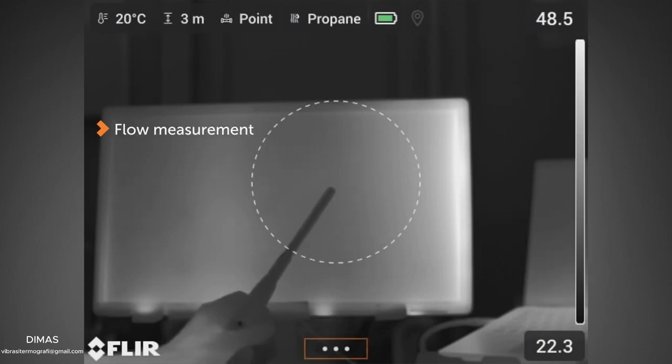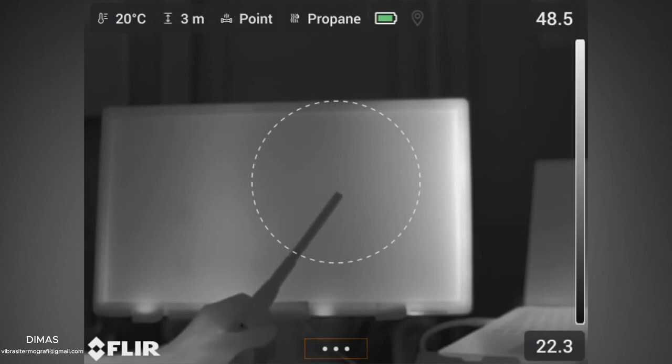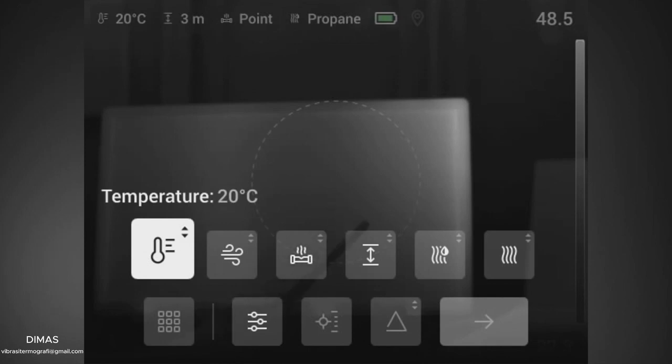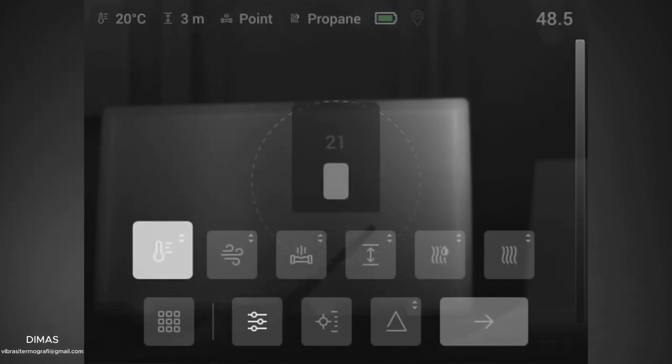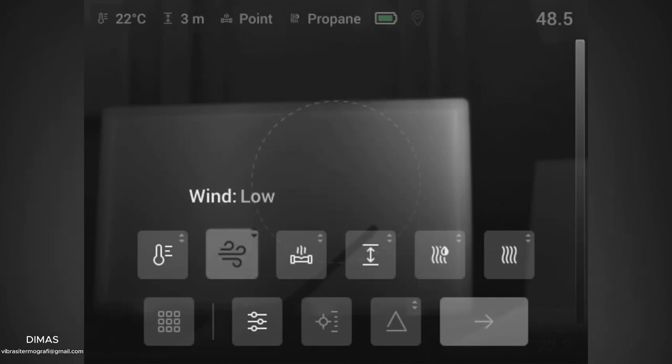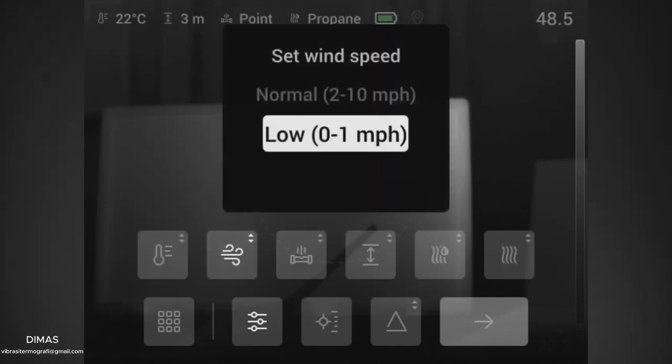The three dots on the bottom allow us to get into the various parameters that you would need to set up for your quantification run. The first of those is temperature. You need to choose the ambient temperature of the atmosphere where the leak is happening. In this case, we're just in an office, so a standard 22 degrees Celsius temperature would work. You also need to choose your wind from low, normal, or high, because again, we're in an office, we'll choose